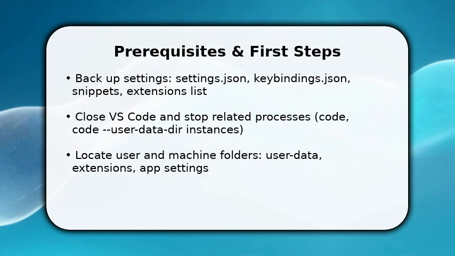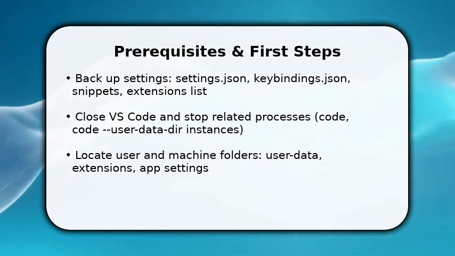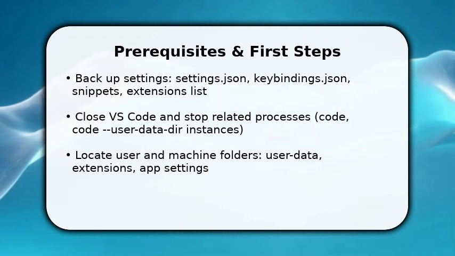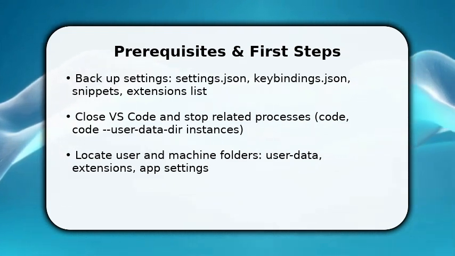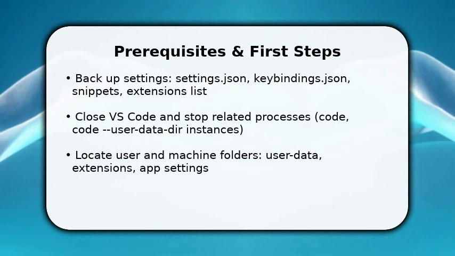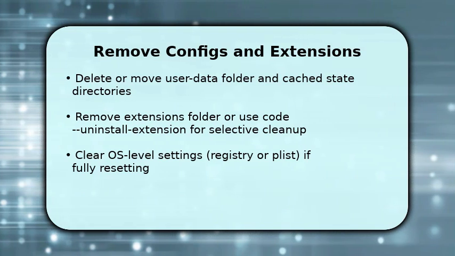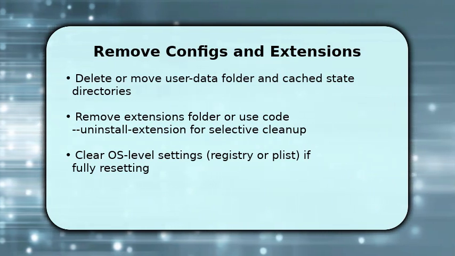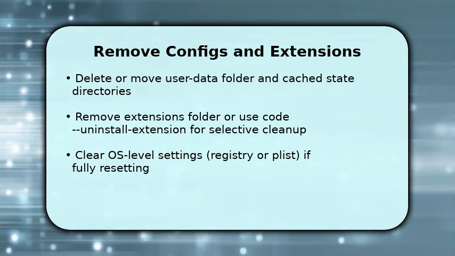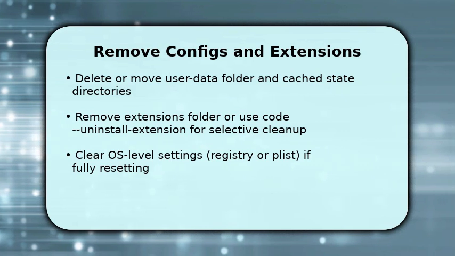Do this now, don't delay, because the cleanup steps that follow assume those files and paths are identified and safe to delete. Now you remove the custom state. Delete or move the user data folder and the cache state directories to a backup location. If you want a surgical reset, uninstall extensions individually with code --uninstall-extension, or remove the extensions folder to wipe